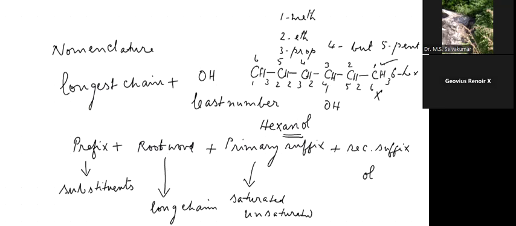But the OH group is attached in the third carbon. Therefore, this can be called 3-hexanol or hexan-3-ol. Suppose if this hydrogen is not there and here only one hydrogen is there and a double bond is here, then it is called